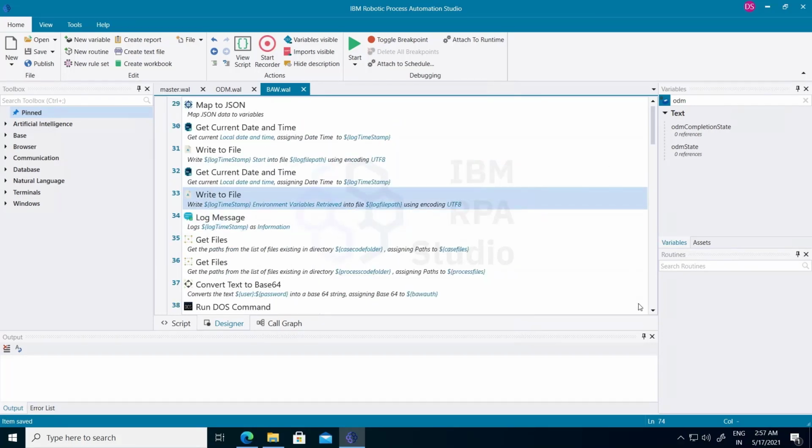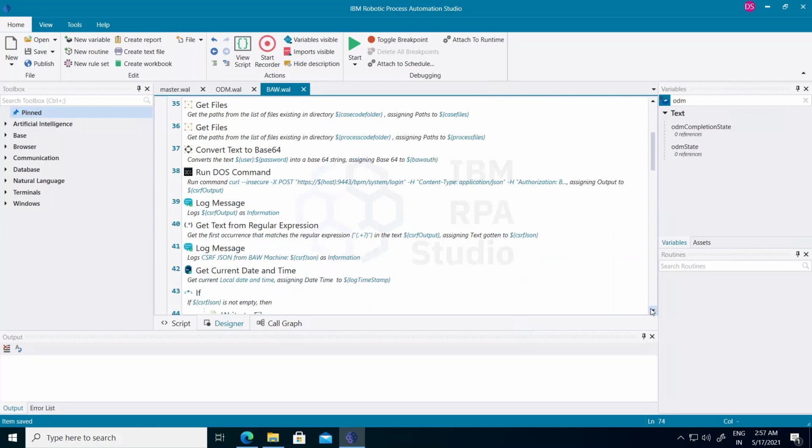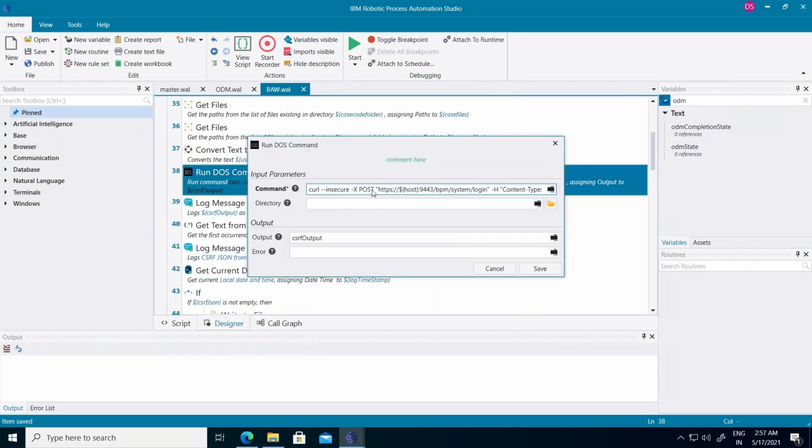Then we are getting files for case from the case folder, and similarly for process app we are getting them from the process apps folder. Then this is a curl command for getting the CSRF token, and this will be valid for 2 hours.